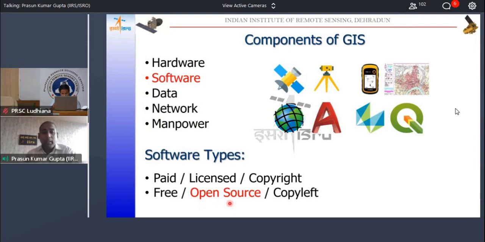Some softwares have an open license, as in it is not that they do not have a license, but they have a permissive license. An example of a permissive license is the General Public License, or GPL. The license terms say that you can use it, you can modify it, and then further sell it also. So these are permissive licenses.